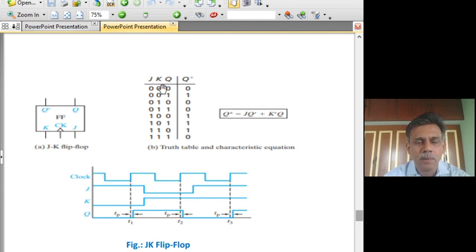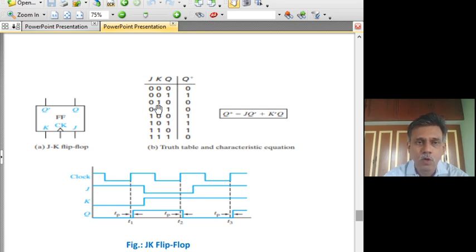Well, the truth table you know already, because it is the same as the JK latch. The only thing that differs is when the transition takes place. Whether it is as a result of a level, in which case it is a JK latch, or whether it is as a result of a transition, positive or negative, that decides whether it is an edge-triggered flip-flop. But the truth table remains the same. That is, if J is equal to 0, K is equal to 0, Q plus is equal to Q. If Q is 0, Q plus is 0. If Q is 1, Q plus is 1.